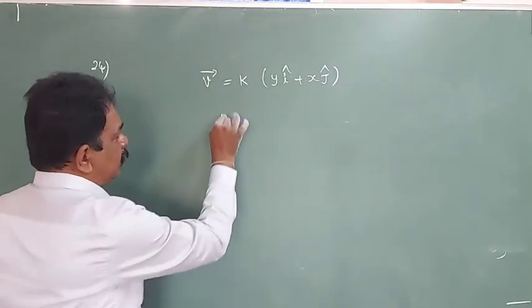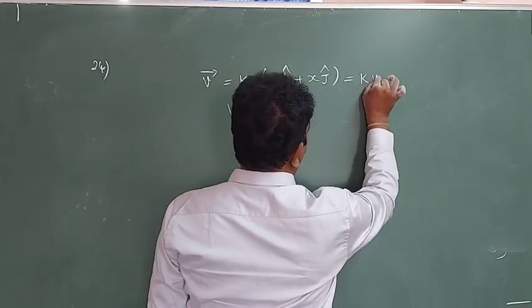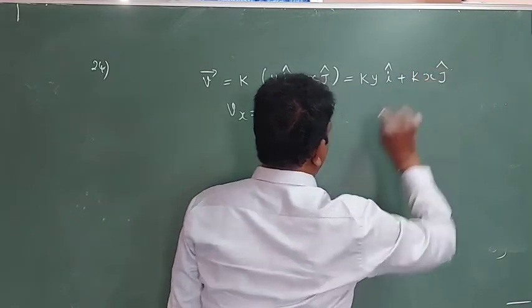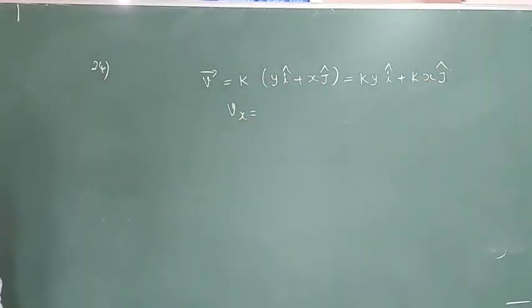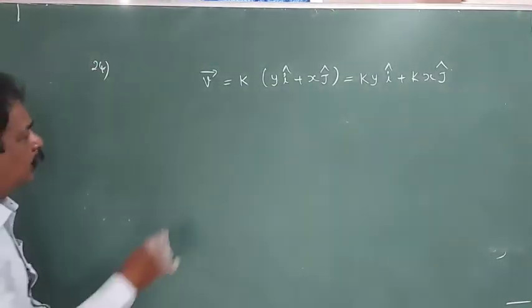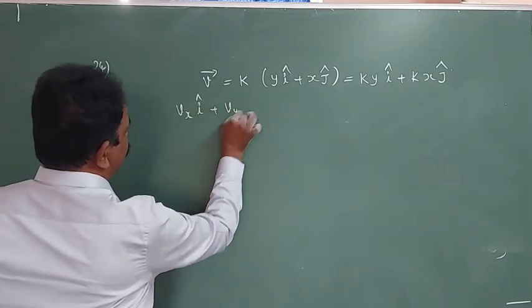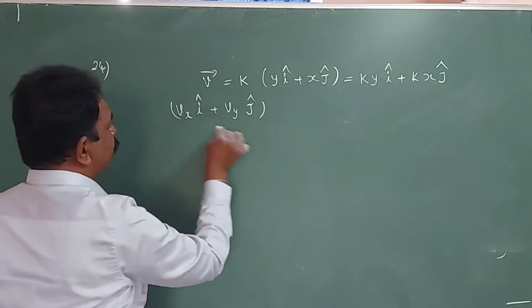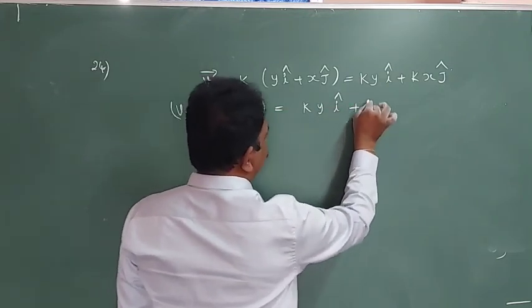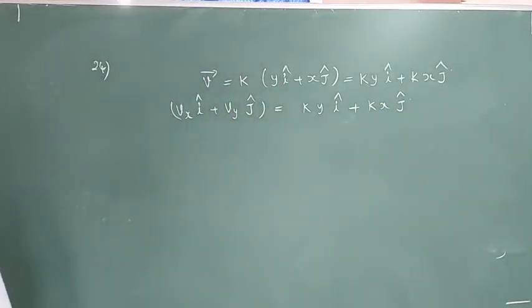So Vx is ky into i cap, kx into j cap. Actually V bar is Vx into i cap, Vy into j cap is equal to ky i cap, kx j cap. Comparing both sides,